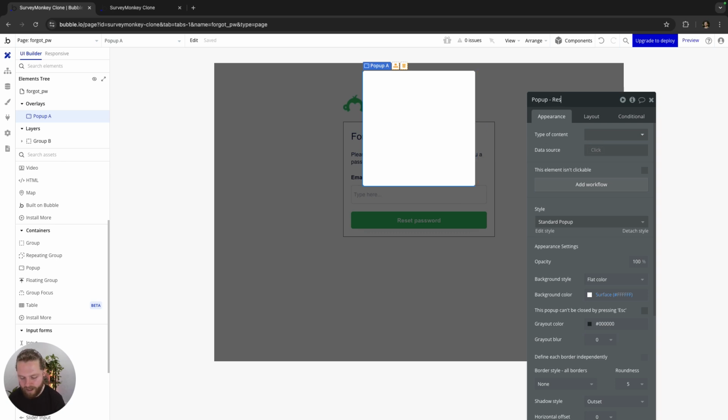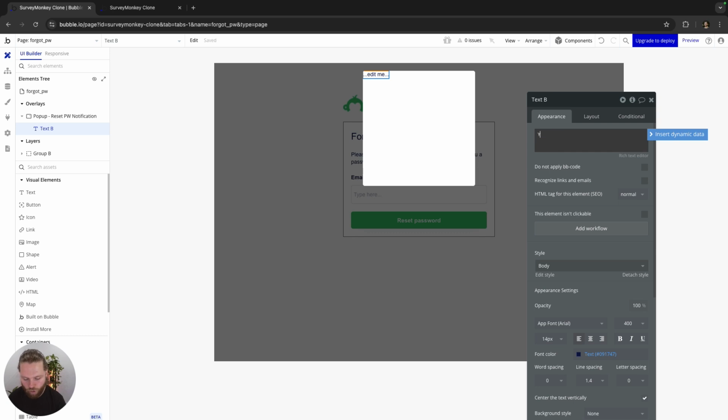The pop-up is a reset PW notification. We're essentially saying that the email has been sent. We are notifying the user. So what I'm going to do now is add some text to simply say that your password reset email has been sent. Sorry about my spelling. Oops. Oh man, I need to go back to school. Your password email has been sent. Please check your inbox